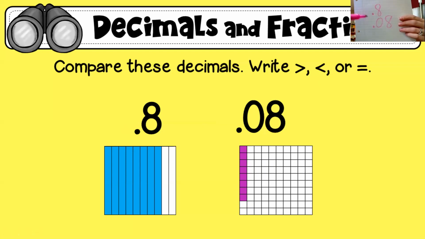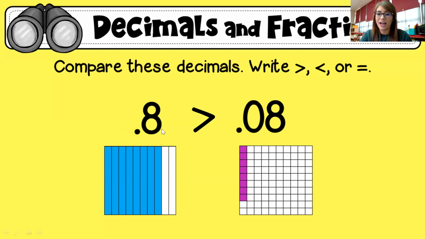And when we use our tenths place to compare, 8 is larger than 0, which means that the 8 tenths would be the larger decimal. So 8 tenths is greater than 8 hundredths. All right,